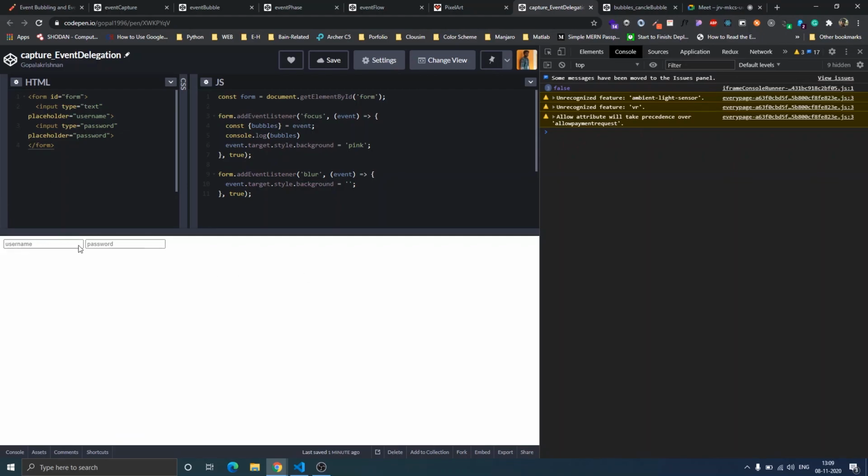Consider that when you click on this, the username should get focus on the other element. So now the scenario is that if you click the color, the highlight is happening here also, but you could highlight some other element instead.